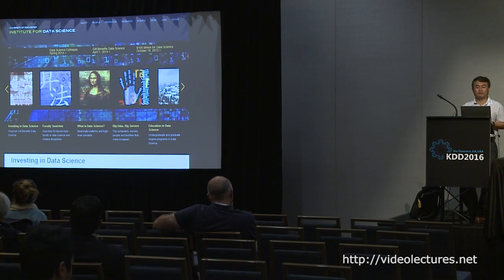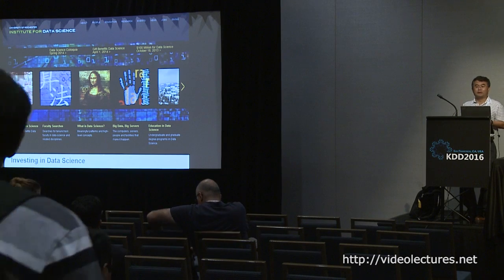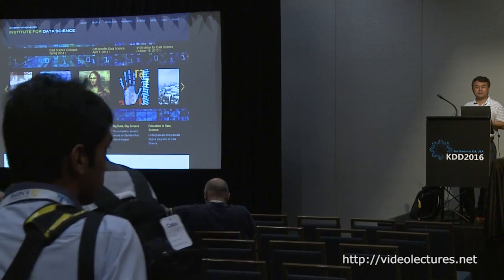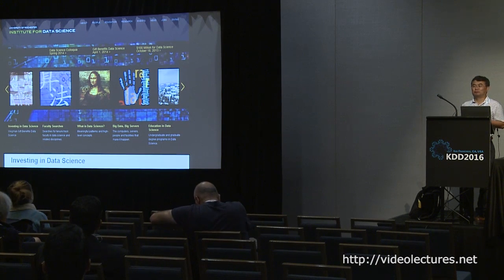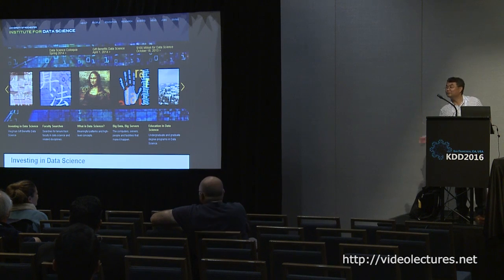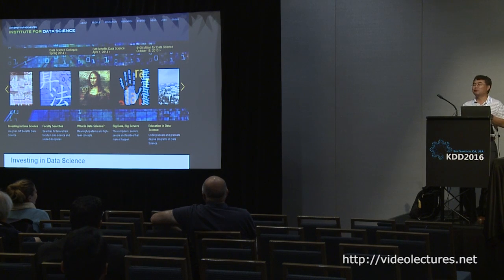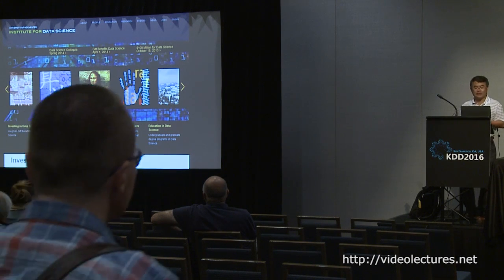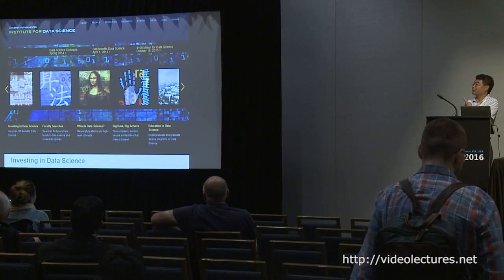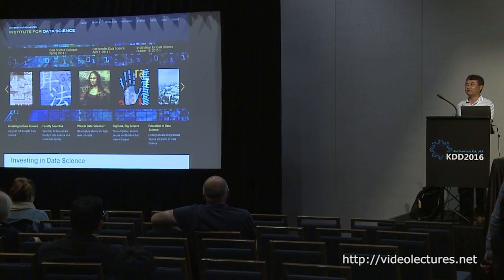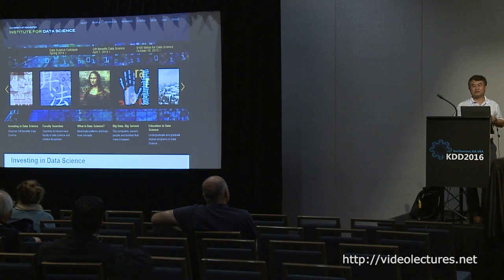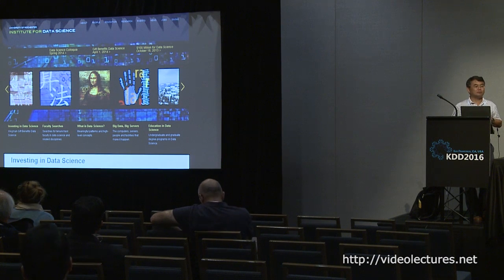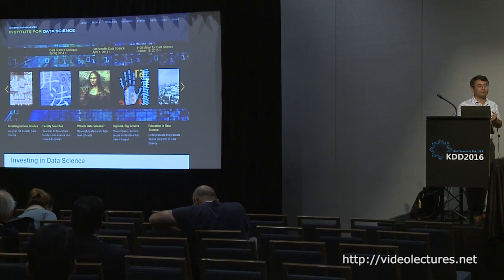Just to get the audience involved, can you take a guess which thumbnail represents me? Which one? Mona Lisa. Okay, not the second one. Yeah, Mona Lisa is the right choice. But this is not an ordinary Mona Lisa picture. In fact, if you look carefully, there are words in the picture. So that's the artist's rendition of a picture is worth 1,000 words, which is what I do. I try to extract information from images.